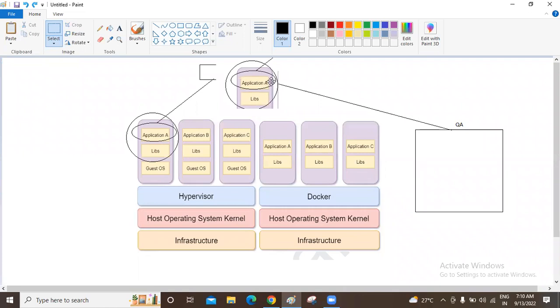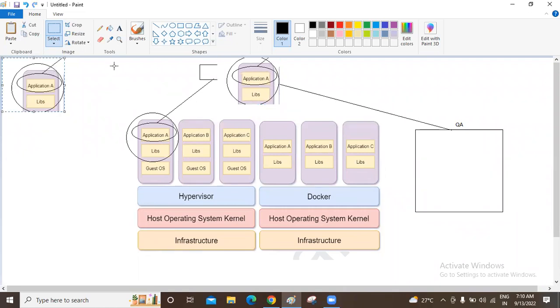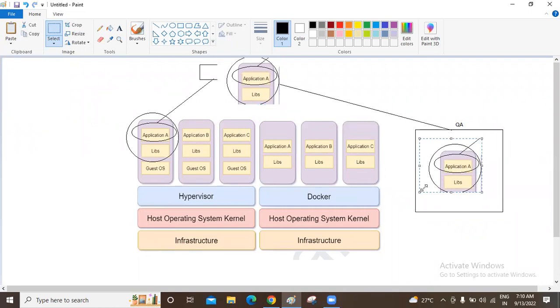We will store this somewhere and then deploy it into the QA environment. Here, the same dependencies are copied from dev to QA, so there won't be any conflict due to environment changes.